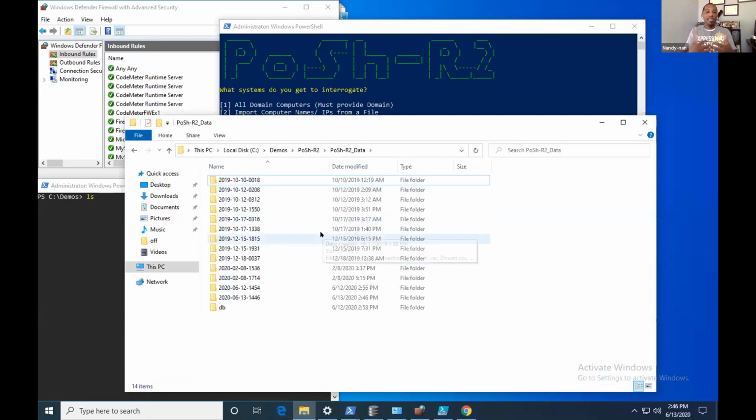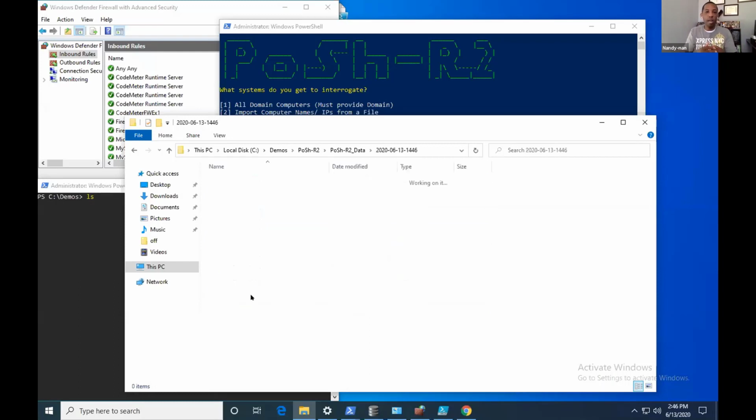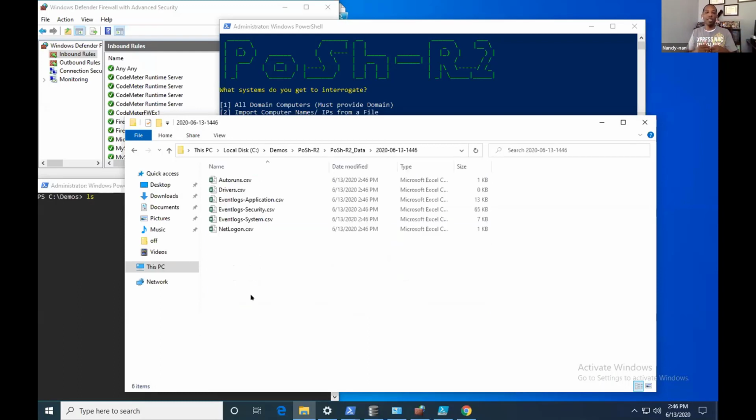So as the data comes back, a folder is created for each date and time that I actually ran it, right? So you can call those actual pulls. Today, this is the one that we're running now, and these are starting to come in. Again, we're only doing it against one machine, but from a historical perspective, I can go back and grab a pull from a specific day.